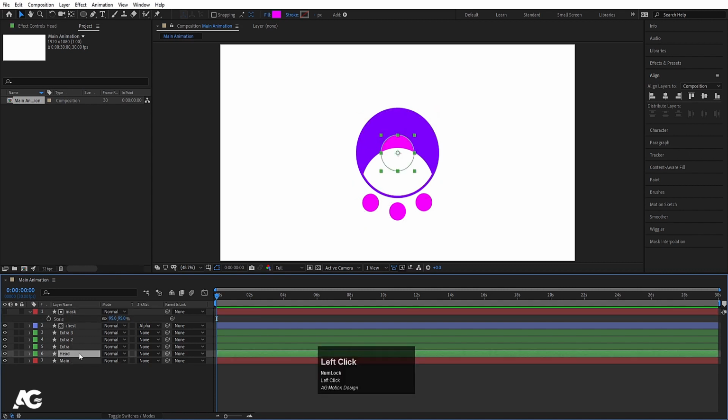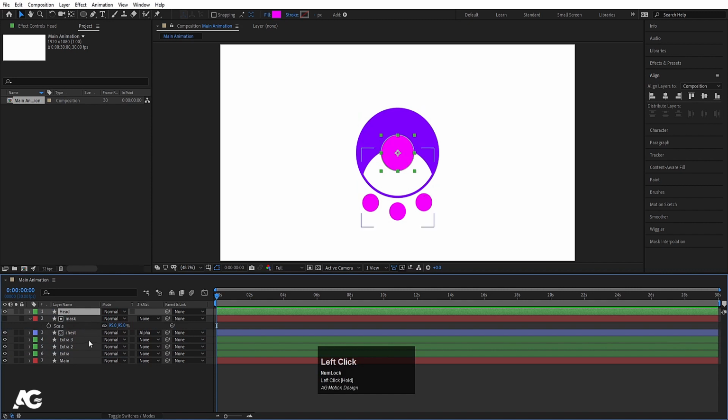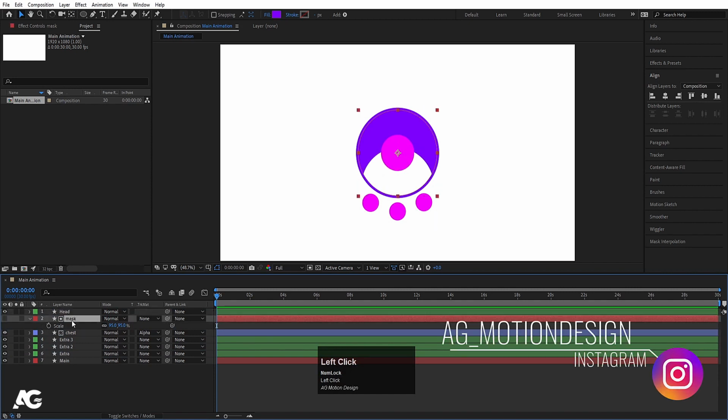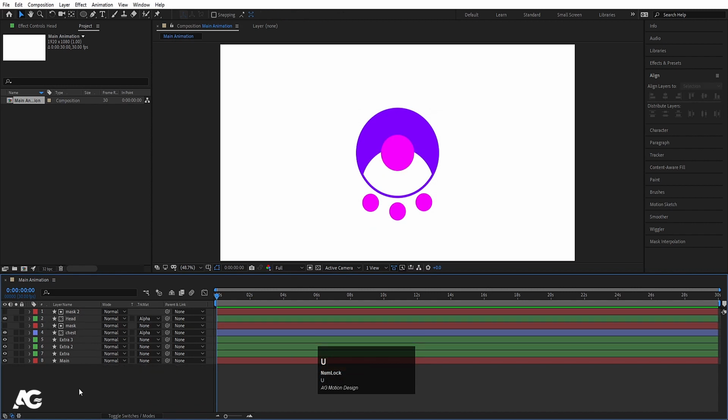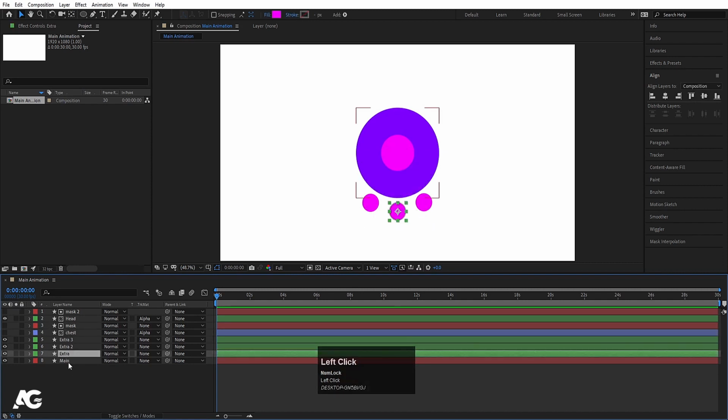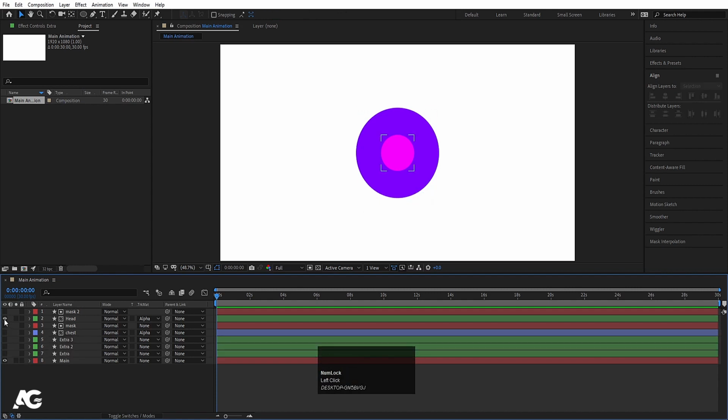Now we have one head over here, so bring this head to the top. Now we have this mask, hit Ctrl D to duplicate it, bring it over here. Select this head and choose alpha matte for this one also. Yep, this looks good to me. Now I'm going to select this mask, this chest, and let's hide it for now. Now we will focus on our proper animation portions, so let's hide these extras also like that, and let's not